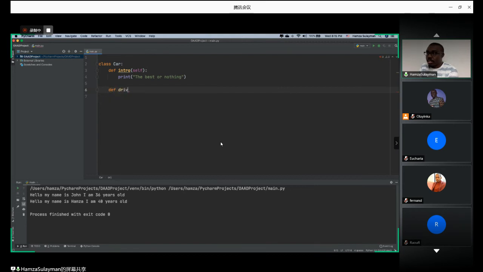We call it drive, because what's the use of a car if it can't drive? So when you are driving, what is actually happening is the wheels are turning. Okay, so I'll come here and create my comment. Maybe this is the main program, where I start calling the functions. So for that,